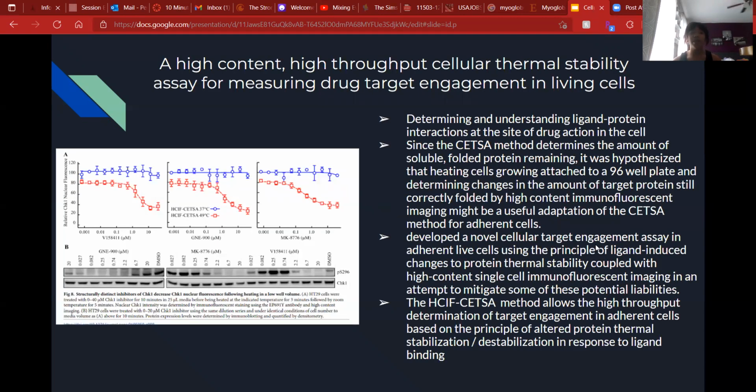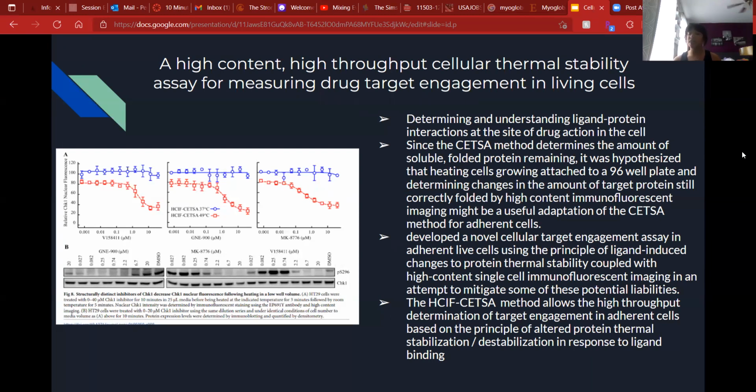So the first thing we will be talking about is Article 1, a high content, high throughput cellular thermal stability assay for measuring drug target engagement in living cells. The aim of this paper was to determine and understand ligand protein interactions at the site of drug action in the cell. Since the CETSA method determines the amount of soluble folded proteins remaining in a cell, they hypothesized that heating cells that grow attached to their wells, the well plates they were using, and determining the changes in the amount of the target protein still correctly folded by high content immunofluorescence imaging might be a useful adaptation of the CETSA method